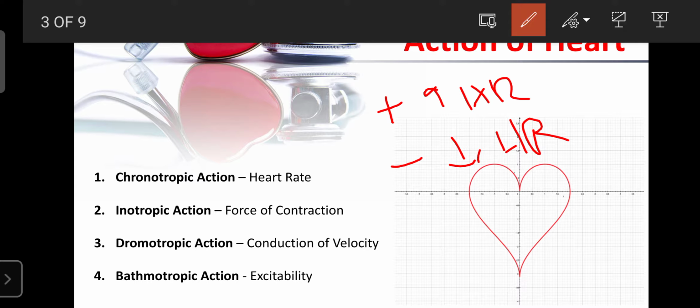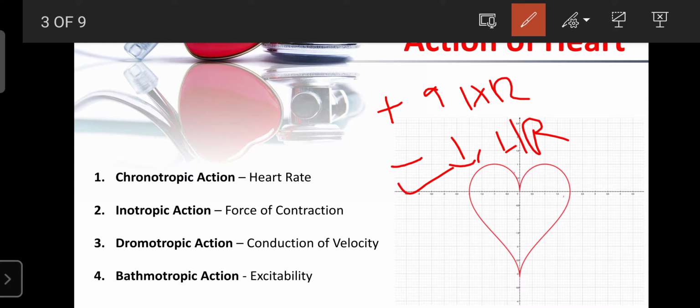For example, atenolol and propranolol are drugs used for the treatment of high blood pressure and heart conditions. They show negative chronotropic actions. It means administration of those drugs can decrease the heart rate. That's why they are known as negative chronotropic agents, nothing but drugs which can decrease the heart rate. In the future, that word is everywhere in the CVS. If an agent increases the heart rate, it is known as a positive chronotropic agent.